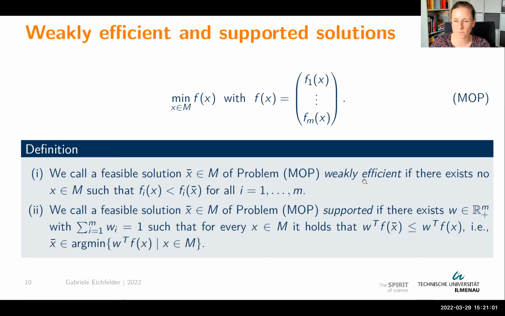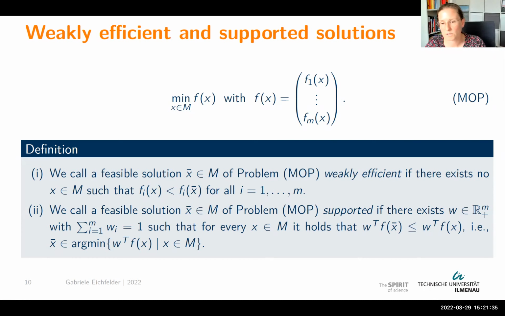They are really a weaker optimality concept in the sense that any efficient point is weakly efficient. So more points are weakly efficient than those which are efficient. So now you're just looking for other feasible points such that all objective functions are strictly better. So you would still call a bike weakly efficient as long as there is no other bike which is really strictly cheaper and strictly lighter. But you would still call it weakly efficient if there's another bike for the same price which weighs much less.